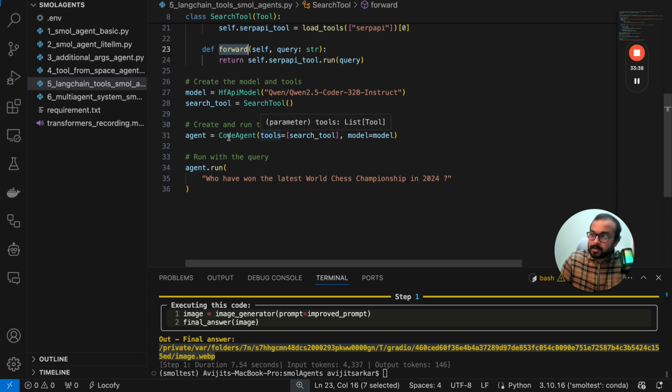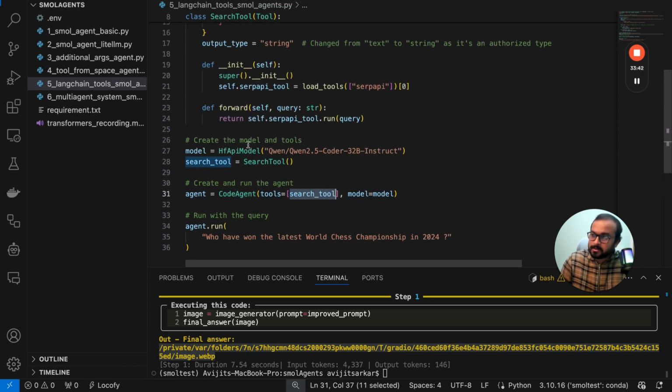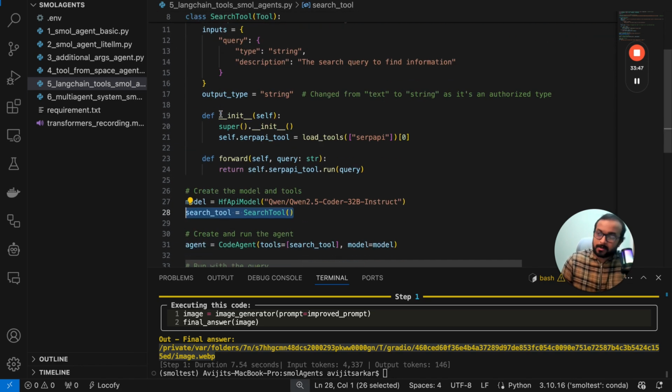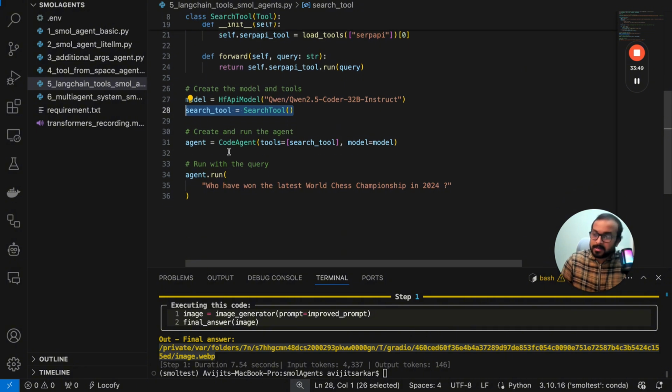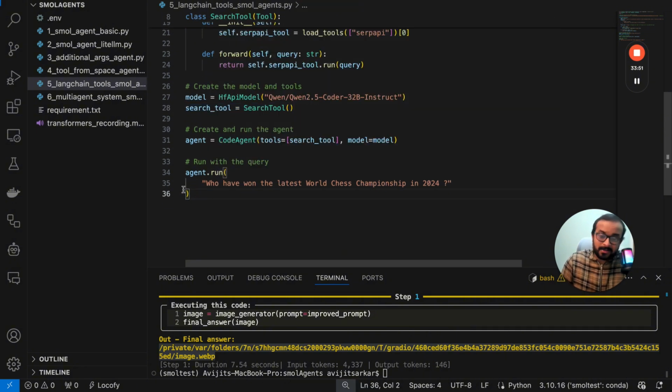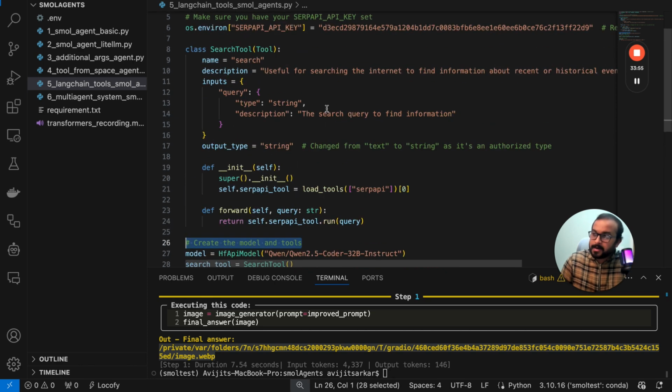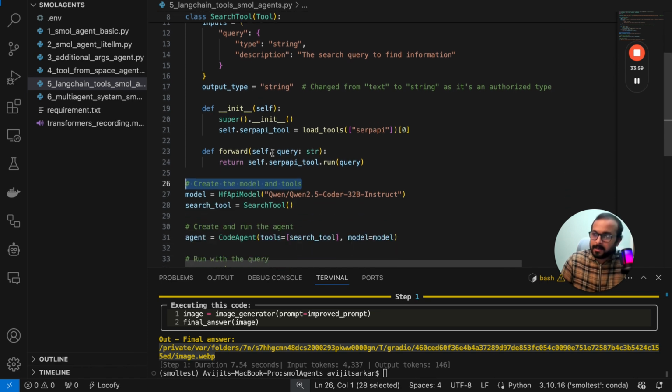How it is going to do that is because we are using the code agent again, and we are specifying the search tool that we have created there. I hope this is all making sense. And you see the agents are only 36 lines of code, and I have added all these comments for you so that when you check out this code